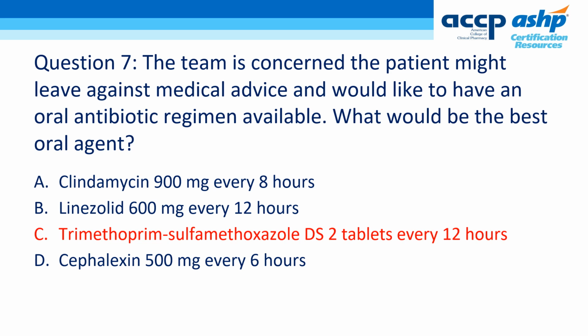The correct answer is C, trimethoprim sulfamethoxazole double strength tabs, 2 tabs every 12 hours. Trimethoprim sulfamethoxazole is the best answer as it has good MRSA coverage and is the recommended oral agent. Clindamycin has the MRSA coverage but is second line due to, again, the increased rates of resistance and side effects. Additionally, the dose of clindamycin is too high. Linezolid also has MRSA coverage, however, this medication is often expensive, and we were not provided information that the patient has any history of drug resistance requiring alternate therapy.